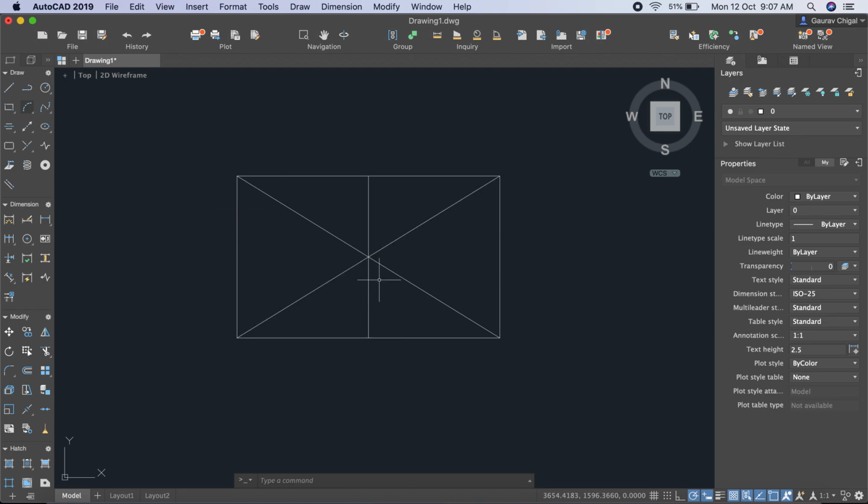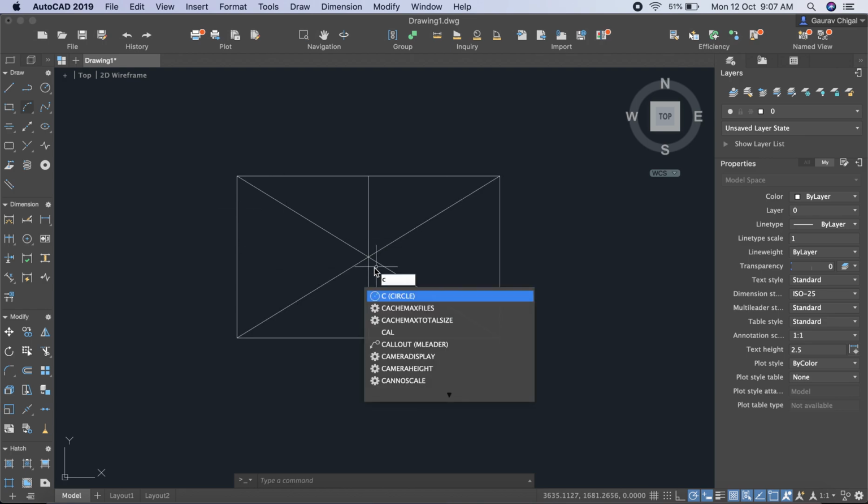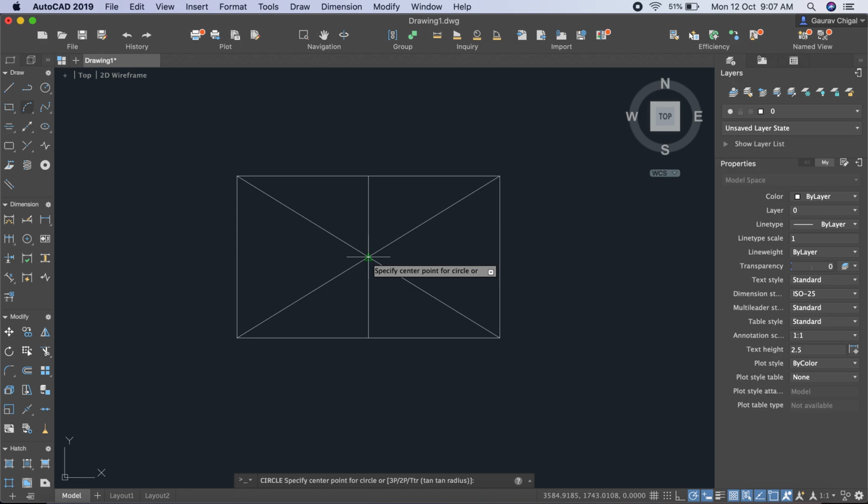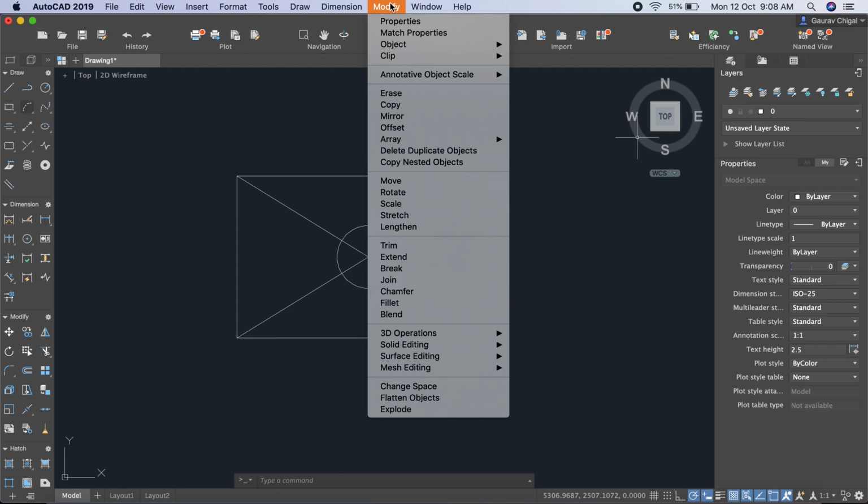Let's create a circle at the center point of this rectangle. Type C, enter, having a dimension of 200 as a radius. Now go to the modify command here.